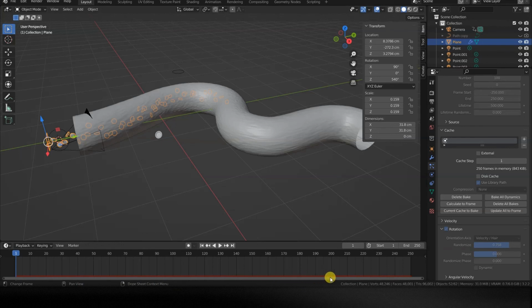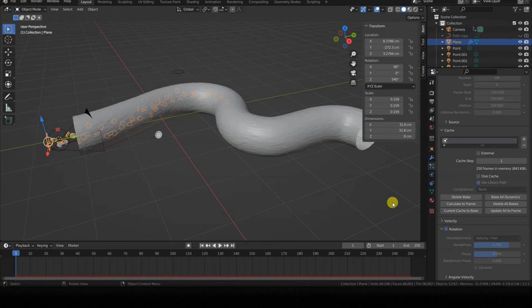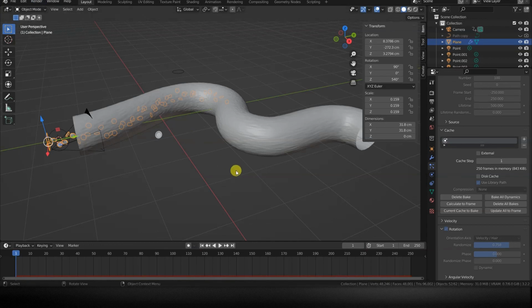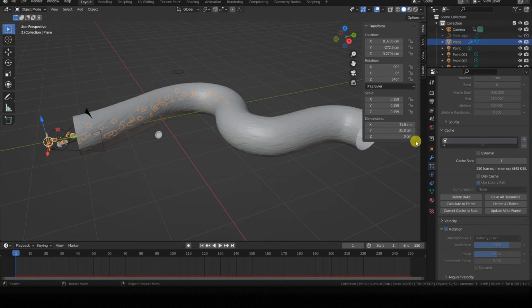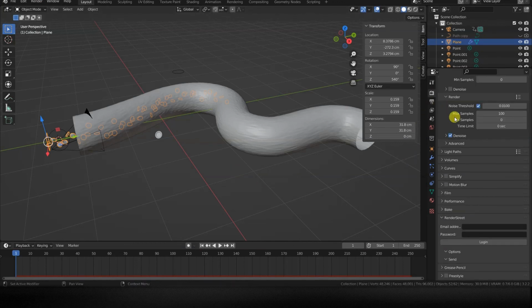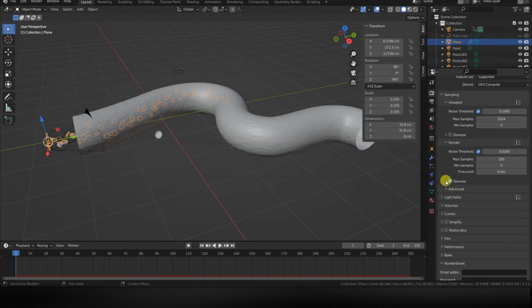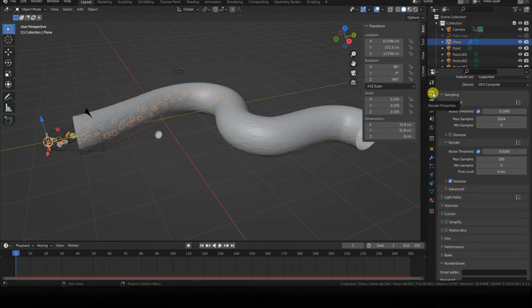At this point, the red bar should cover the entire timeline, indicating that all frames have been calculated and correctly stored in memory. Now, starting the animation rendering, from Render Animation, we should not have any nasty surprises in the file or files produced, but, as a very last note, I remind you to activate the denoise for rendering in the Render Properties tab. With these materials and this lighting, it is very useful and will allow you to render the animation with a reduced number of samples, which, in my case, are just 100.